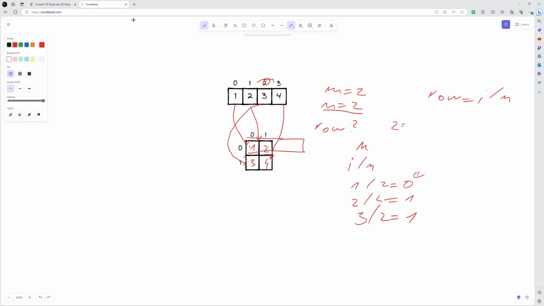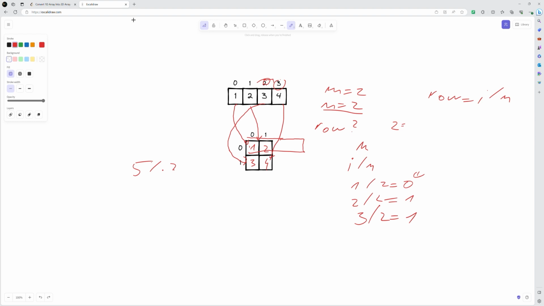But if we have the fourth number in the array, we know that we already have filled a part of the row. So the remainder should immediately hint you to the modulo operator,